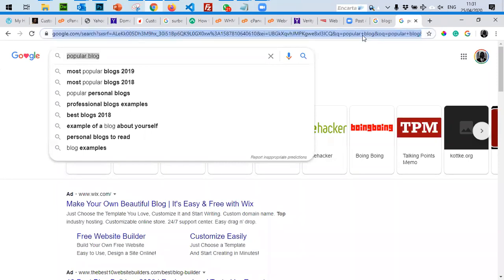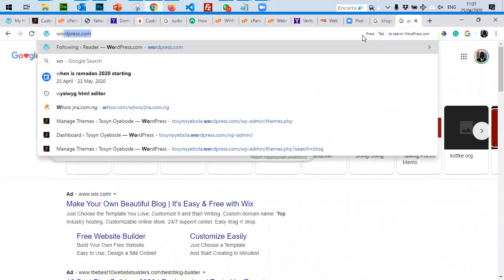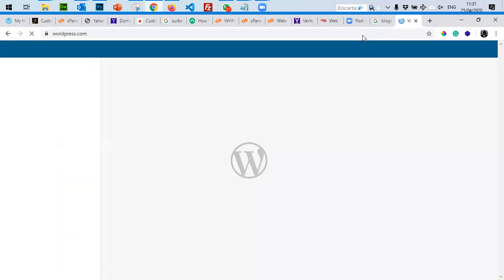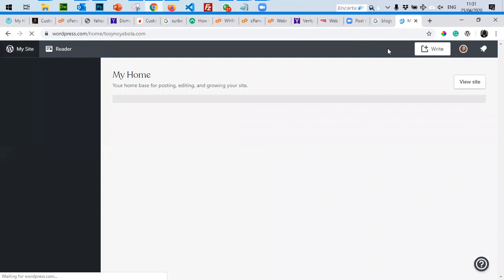WordPress is a software you use to build blog websites. On their website, you can sign up for a free blog. Yes, they will encourage you to pay and get a domain name and the rest.